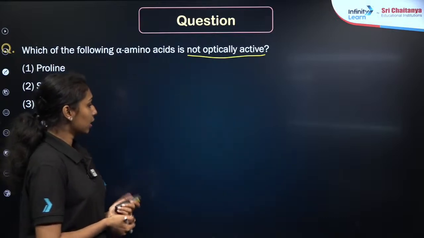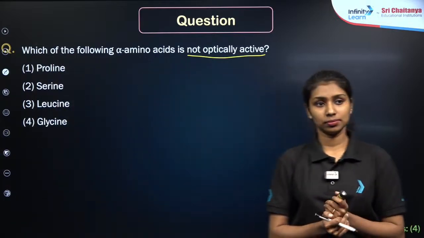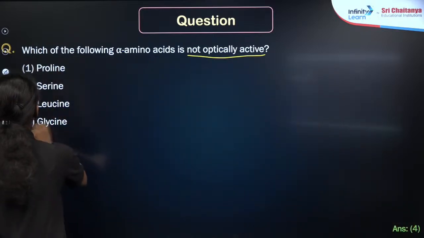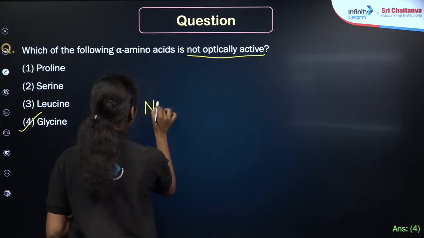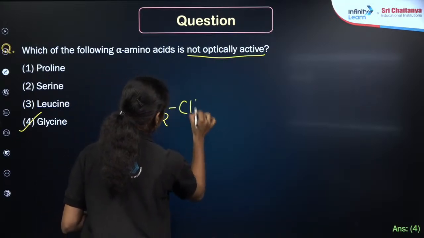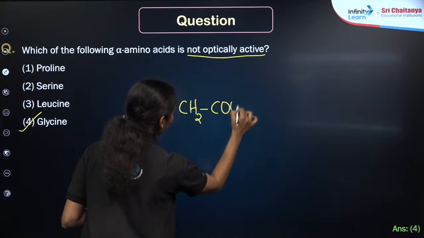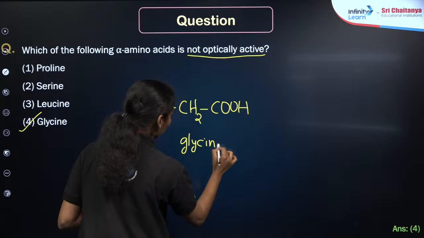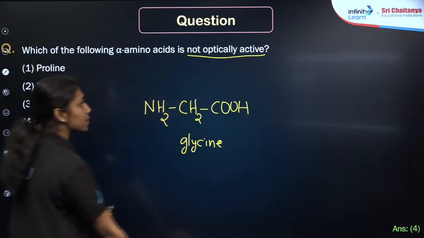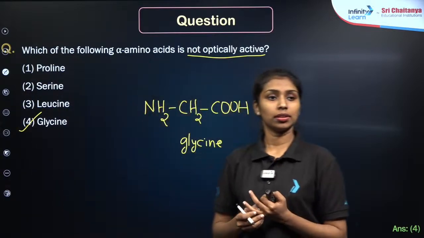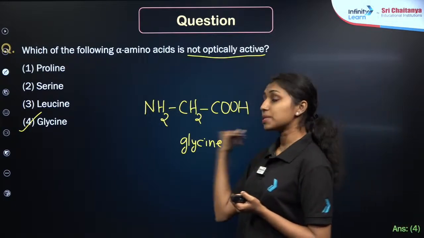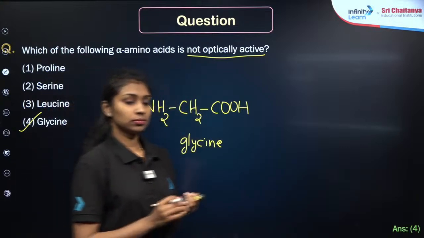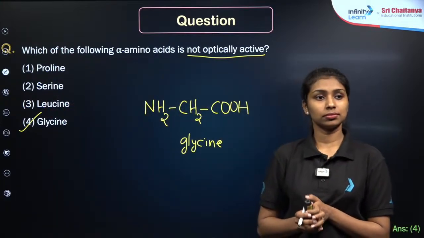What is the structure of glycine? Yes, it is in NCERT, right? Okay, this is a very important question. Glycine, right? This is the structure, or the molecular formula, of the glycine molecule. So how can we derive the optical activity of a compound? I hope you have studied stereochemistry, right? Why can we say that it is not optically active? What is the reason behind that? Any idea? Harsh?